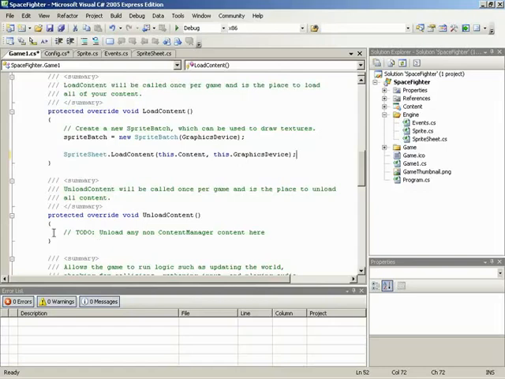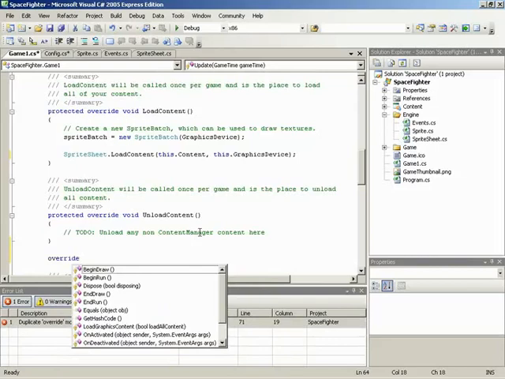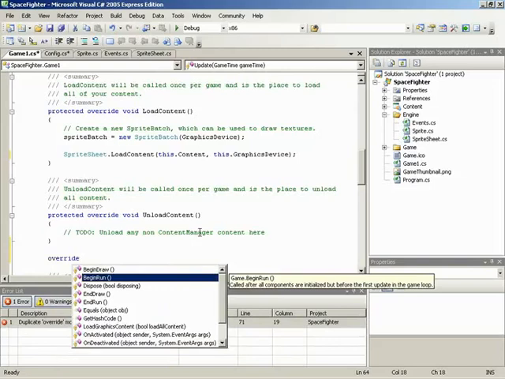As a matter of fact, let me show that here. If I were to jump down anywhere in the game class, I'm going to jump down below the unload content method, and we type in override and hit space so we can see a list of all the protected methods which we may override. We can see that one of them is begin run. If we look over at the tooltip, we can see that it's called after initialization, but before the first update